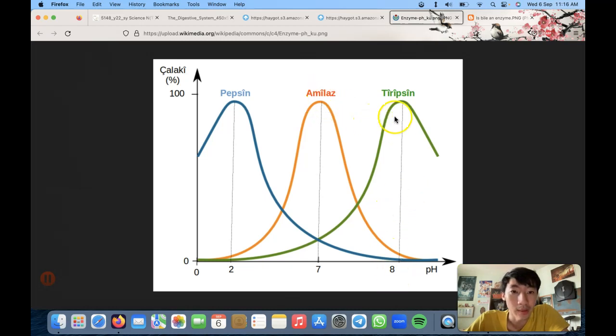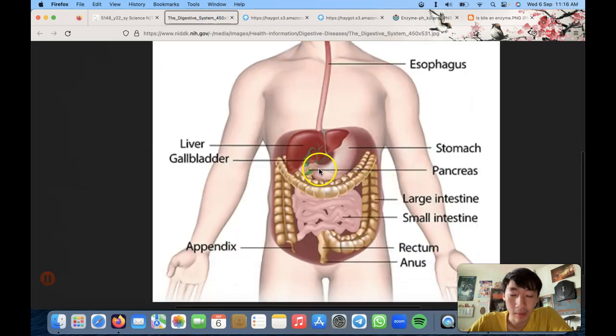Lastly, we have some enzymes that are found in your small intestine. Your small intestine has a pH of 8, which is slightly alkaline. It's above 7, so it's alkaline. Why does it have to be alkaline? Remember that you just had all these substances coming in from your stomach. So all the acid from the stomach is also flowing down into the small intestine. If you don't neutralize the acids from the stomach, it will actually damage the small intestine. So the small intestine naturally has an alkaline environment to neutralize the acids that come from the stomach.